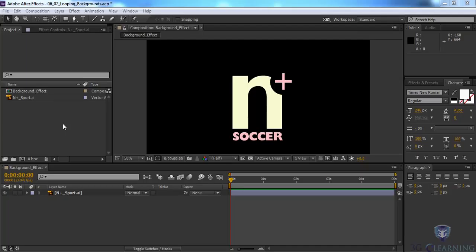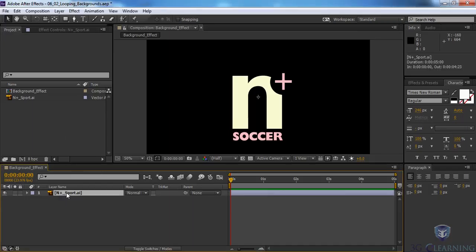After Effects has several tools that will give you the ability to generate graphics from scratch. And of course, as designers, we've all been in situations where we've had to create something out of nothing. So for our example here, we have our PlusSport logo sitting over top of a black background. We're going to create a seamless loopable background that we can place behind this, so it has a little more